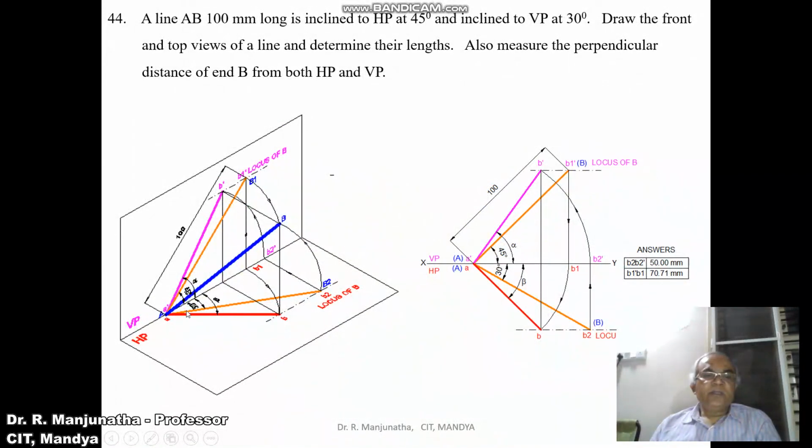So this is actually what is being done in the plane, but when you are doing it in space, considering A dash B1 dash, which is the line with true length, you rotate that A dash B1 dash, which is in the vertical plane, in space such that this capital B is going to lie on the locus of B in the top view here.